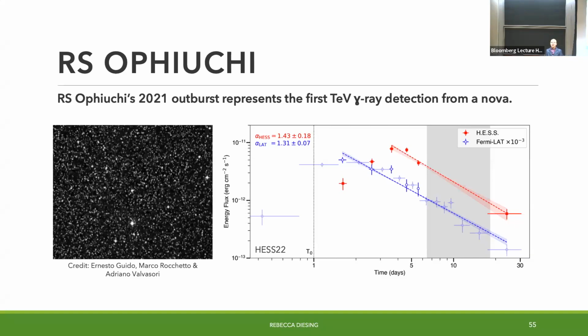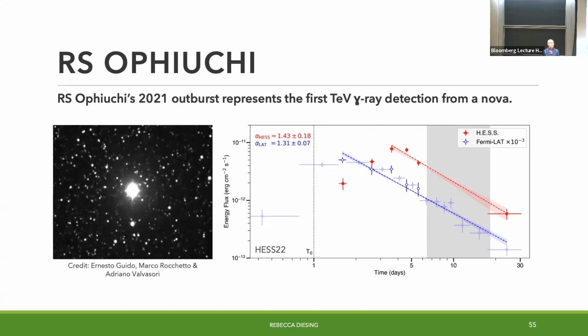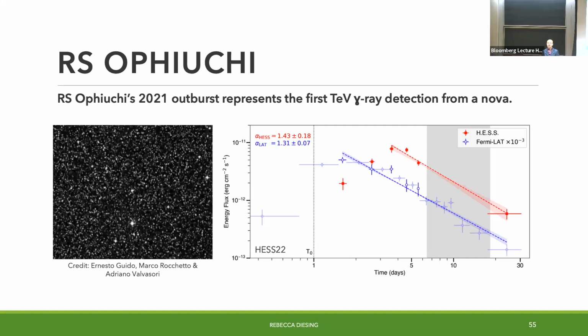Normally we've seen gamma ray emission from these things before. It's in the GeV, which implies a pretty low energy cutoff. But here we actually have tera-electron volt emission, which basically means that for something the size of a nova, it's accelerating very close to its theoretical maximum energy. It's promising in terms of what we can learn about particle acceleration.